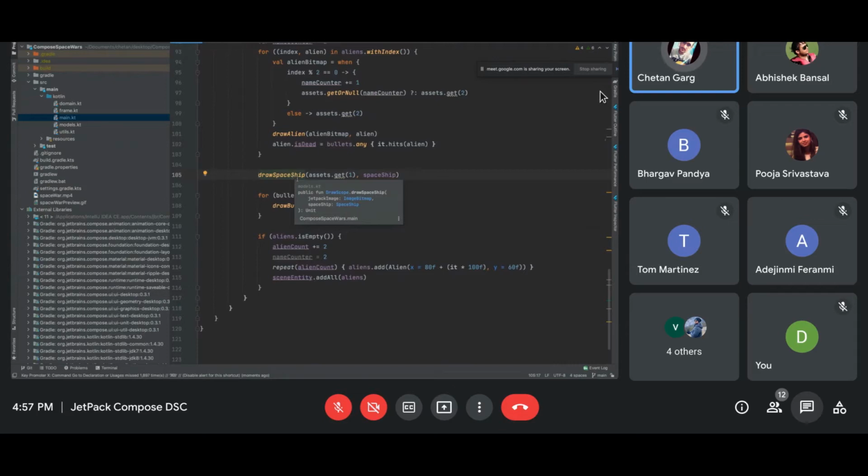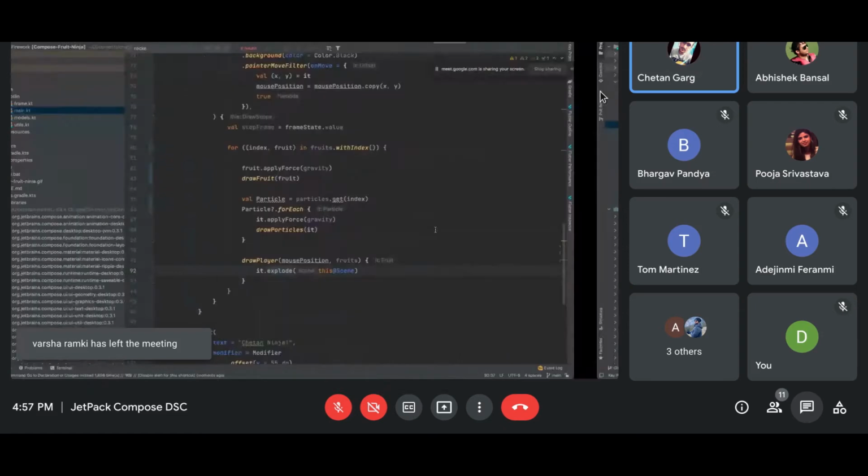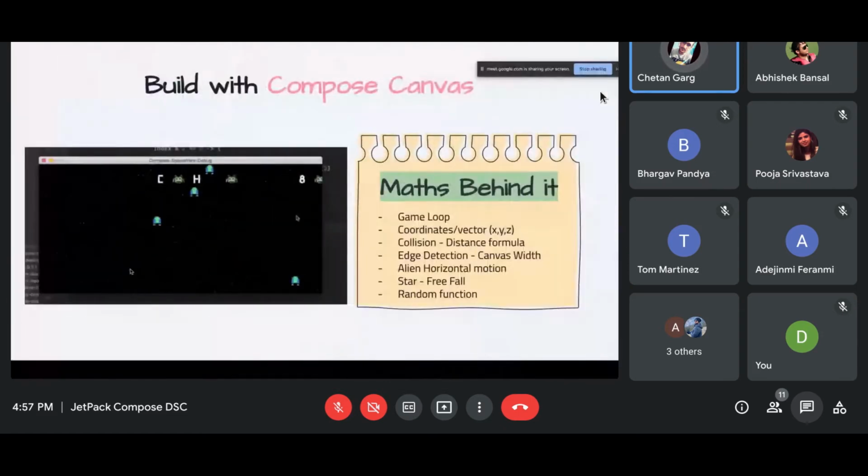This is how I'm drawing a ship. The ship is again a draw image, and this is the bitmap x and y, just a normal coordinate system. The bitmap itself has some height and width. To keep it in the center, I have specifically taken the bitmap image height and width and divided it by 2 so that it aligns to the center. Also, I'm using the mouse to control it.